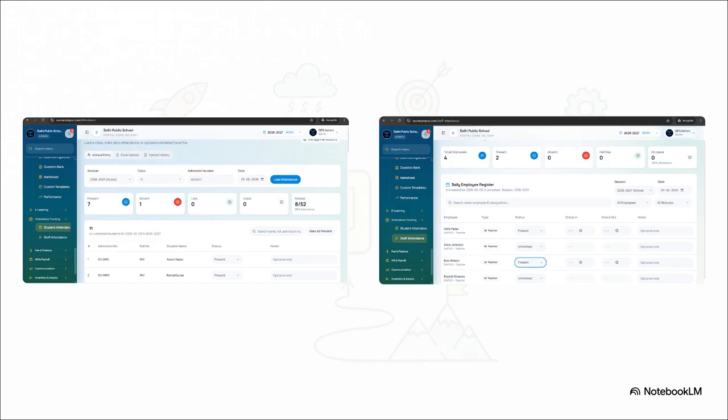And this brilliantly illustrates exactly what you should be guiding them through on a daily basis. Walk the admin through managing class sessions in the student attendance module. Focus heavily on those quick visual metrics, showing who's present, absent, or late. Then, seamlessly transition over to staff attendance, pointing out the incredibly simple check-in and check-out toggle for the teachers. By getting them to interact with these 2 core daily tasks, you make Axora a habit they literally cannot live